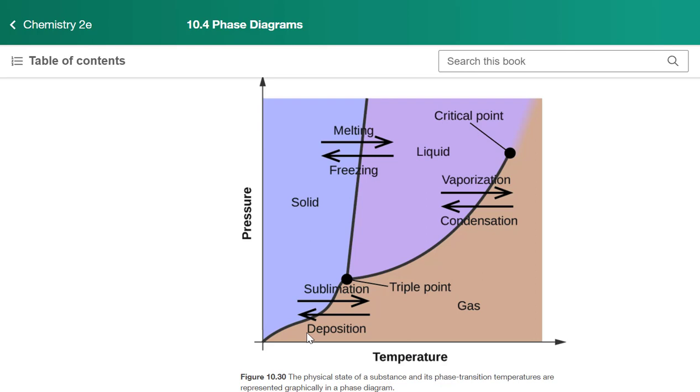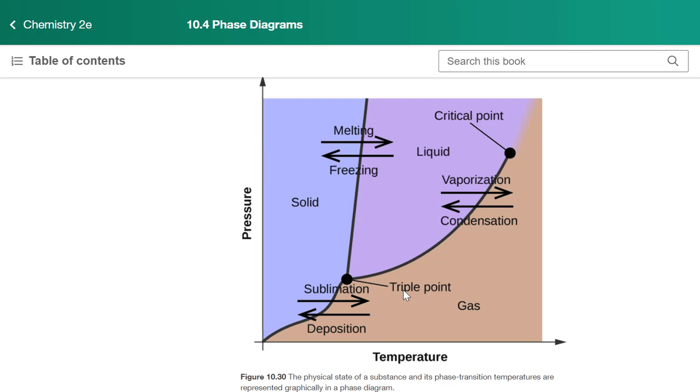Okay, so there's two additional things on this graph that we haven't talked about yet. So let's go ahead and talk about those. One of them is right here. This is called the triple point. The triple point is a very specific temperature and pressure for a substance. And at that very specific temperature and pressure, that physical substance can exist in any of the three physical states. It could be a solid, it could be a liquid, it could be a gas at that location. So it's a very specific temperature and pressure